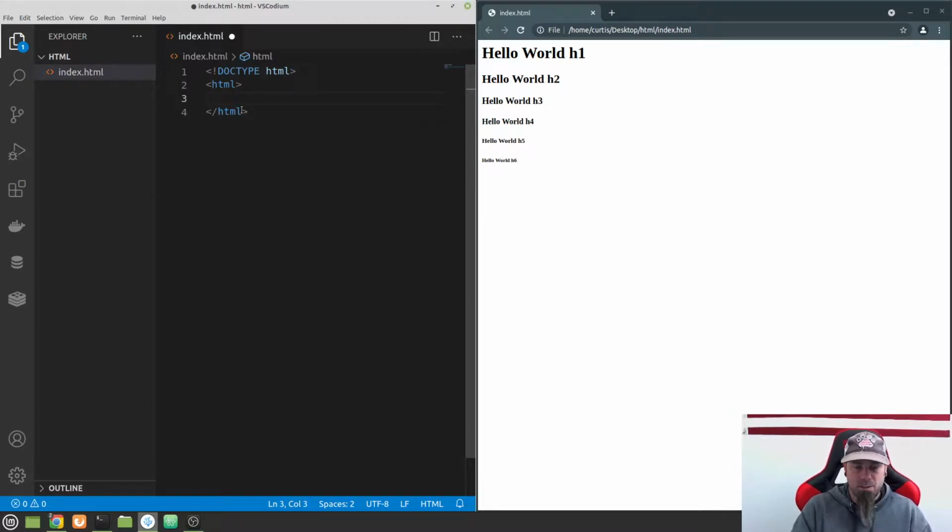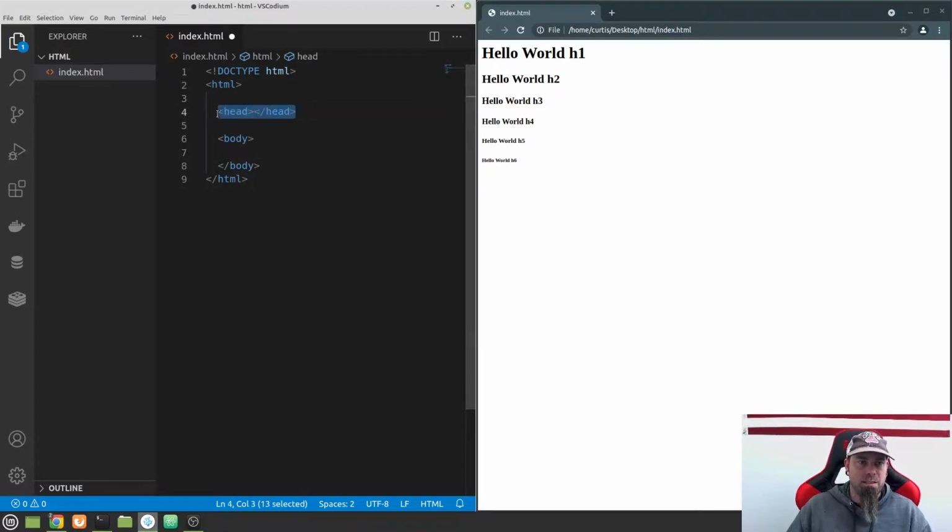So inside the HTML tags, and I'm going to give it a little more space. By the way, the blank spaces and even the new lines don't really do anything in HTML. This is just more to make it easy for us to read as developers. Okay, so this next thing that we're going to put here, inside the HTML tag directly, we have a few more tags. We have what's called a head tag, okay? And then I'm going to go down a little bit further, and then we have the body tag. Okay, so the head tag